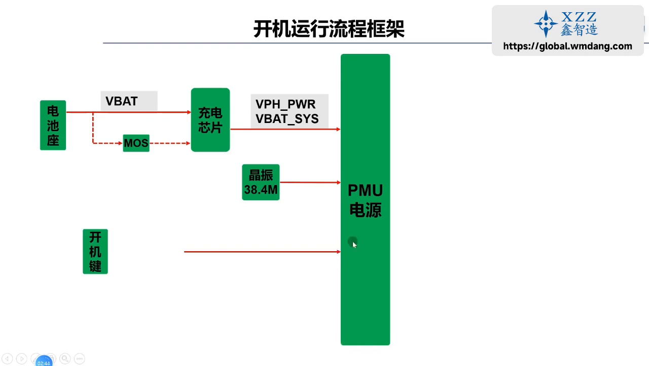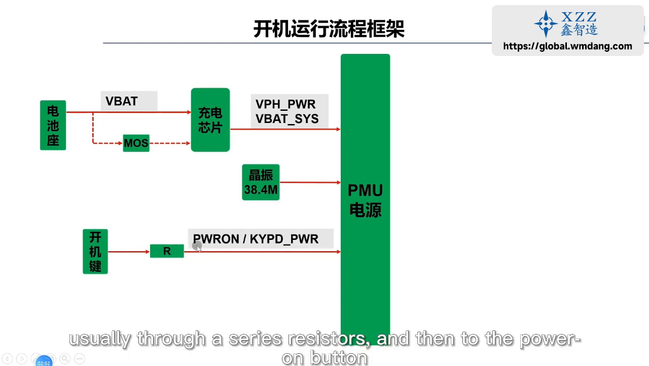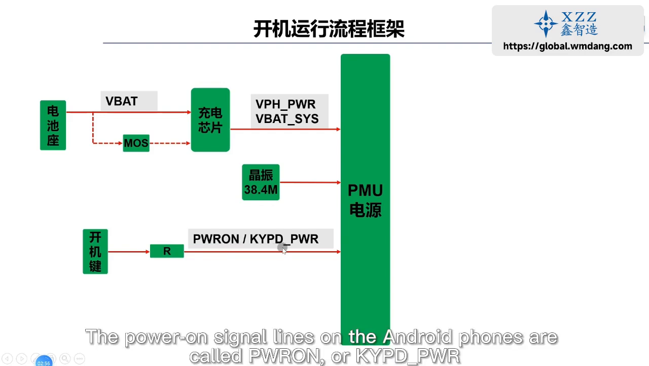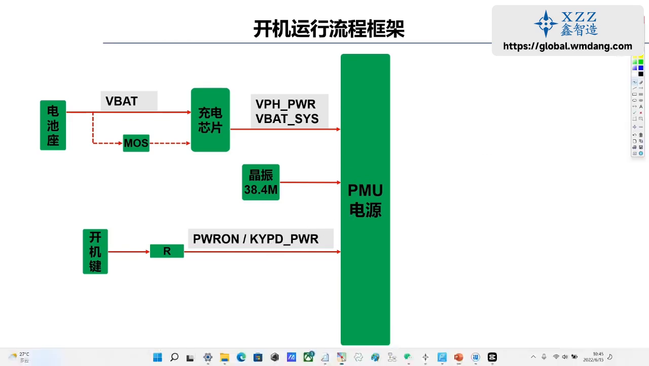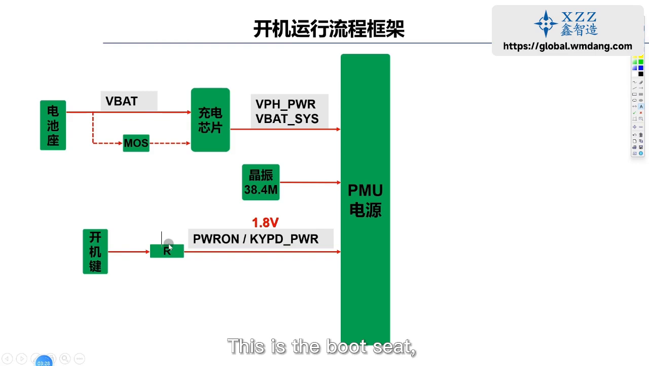At this time, the power chip will give a voltage of 1.8 volts to the power on signal line, usually through a series of resistors, and then to the power on button. The power on signal lines on Android phones are called PWRON or KYPD_PWR. These two types of codes are more commonly used. This is the boot seat,